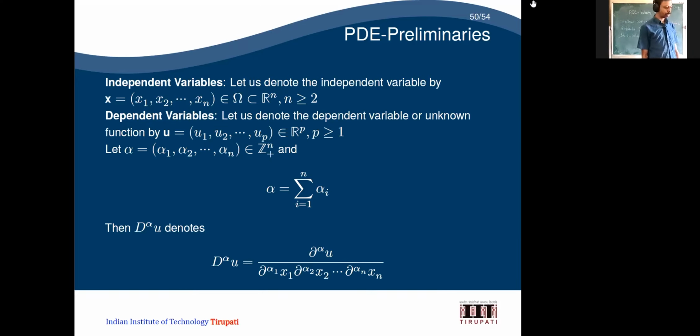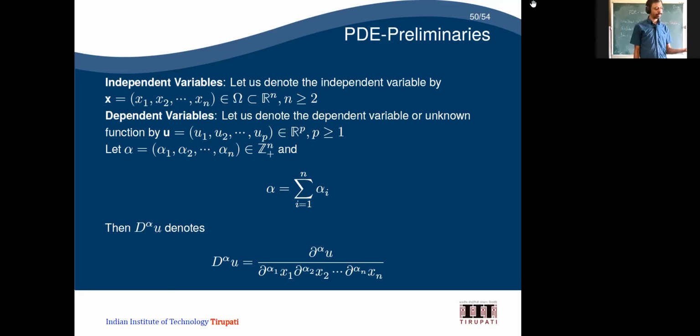Now what I am going to do is define something called alpha. This alpha is nothing but alpha 1, alpha 2, alpha n. I'm just taking some combinations of non-negative integers. How am I going to take them? If I sum up all these alpha 1, alpha 2, alpha n, that sum should be equal to alpha. Suppose I take 5, I can take many combinations. 5 can be written as 1 plus 1 plus 1, five times, or 1 plus 2 plus 2, or 1 plus 3 plus 1.